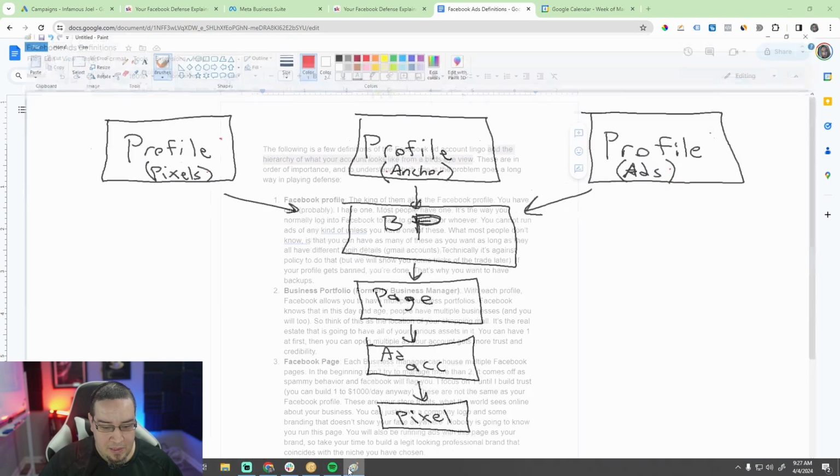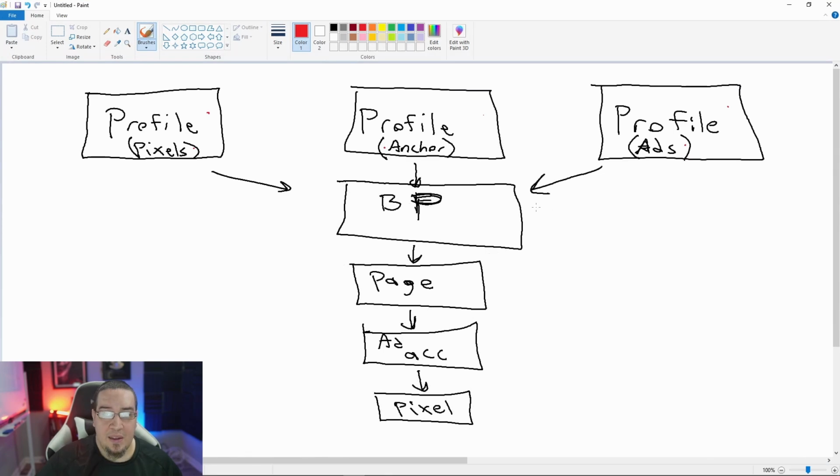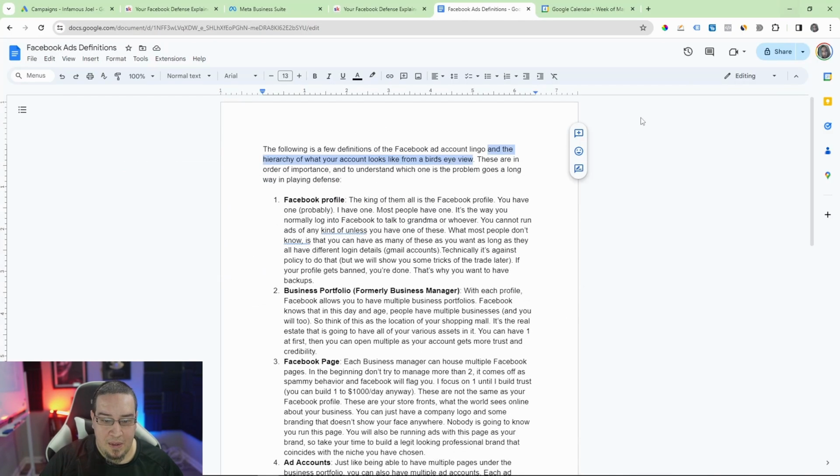Just picture this. Let's go back to this as a hierarchy. Hierarchy, level of importance, right? That's not to say that any one of these is quote unquote more important than the other. However, it is to say that in Facebook's eyes, there are levels to this. There are multiple levels to your presence on Facebook, okay? These are in order of importance,